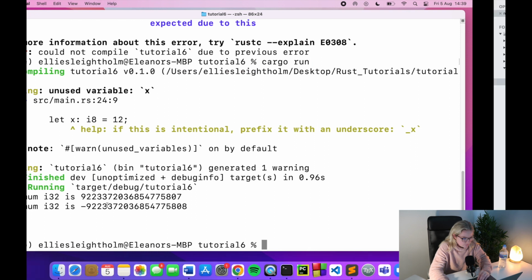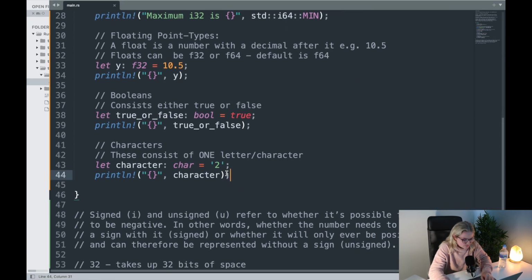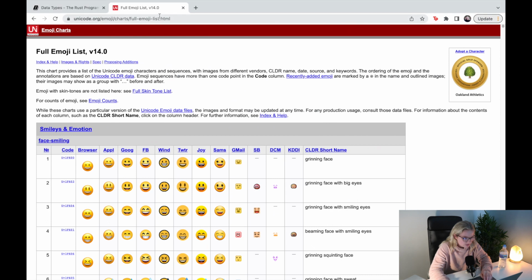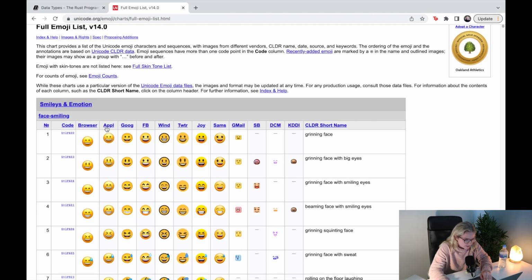Does indeed. Cool. Now, one thing that I wanted to show you with characters, which I think is really cool, is you can actually put emojis in here. And I am just going to check my little prompt on the side here. This is, I believe, a laughing face or a smiley face. So just ignore what all this means. I personally don't even know what it means. I just went to this website, which I'll put a link in the description, and you can get the code,